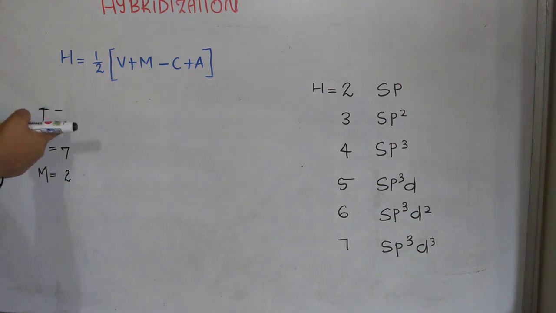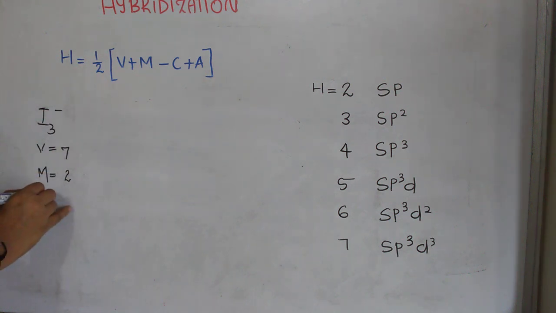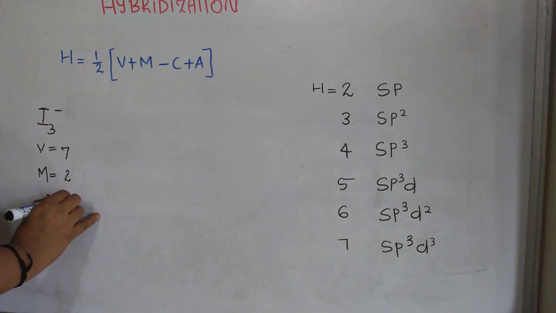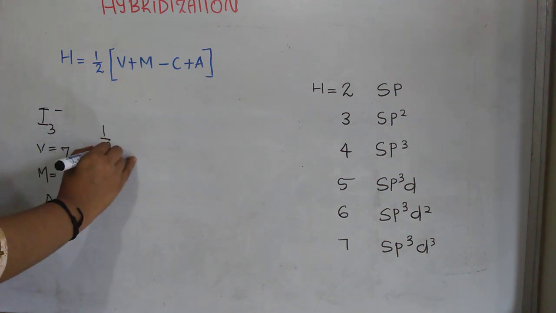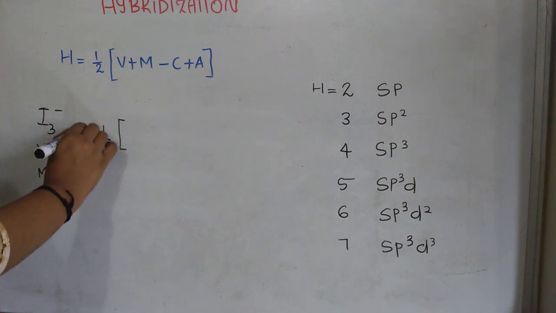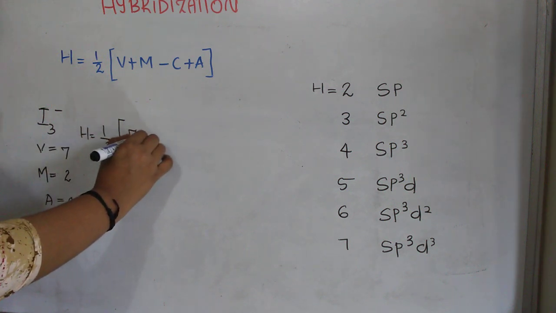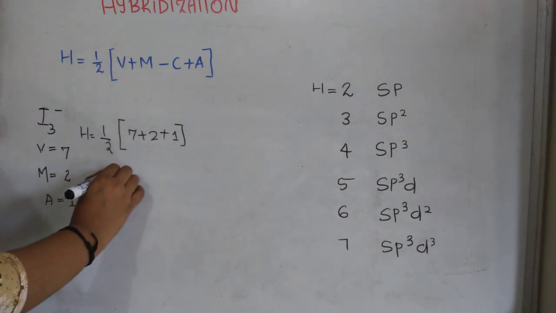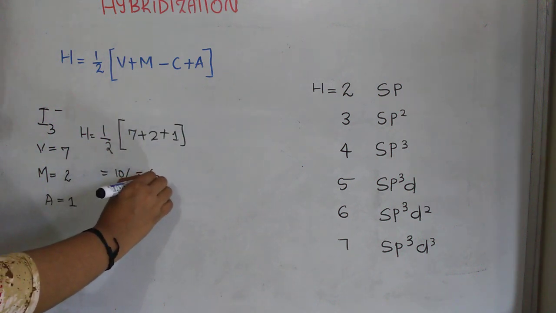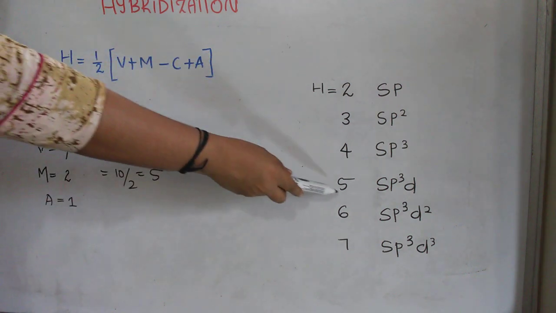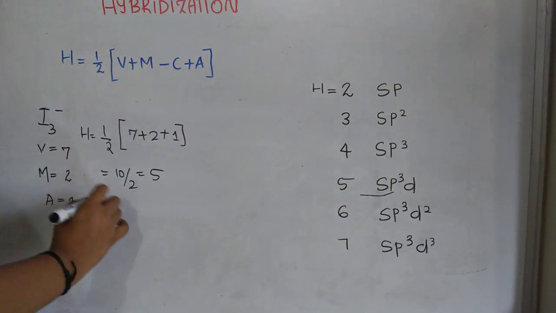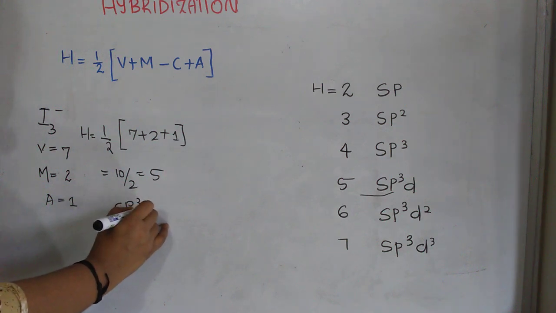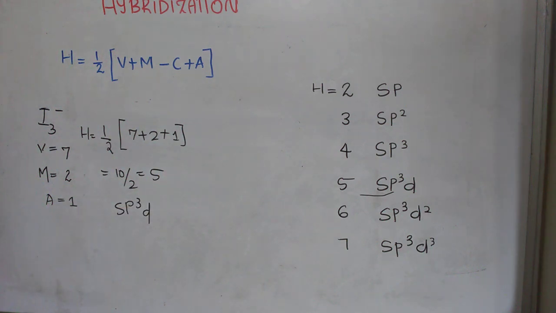Here this is having an anionic charge. So C will be equal to 0 but A will be equal to 1. Now what will be our equation? H is equal to half into 7 plus 2 plus 1. So it is equal to 10 by 2 which is equal to 5. Now from the chart, what is our hybridization for 5? It is sp3d. So we have discussed three different examples, one a neutral one,